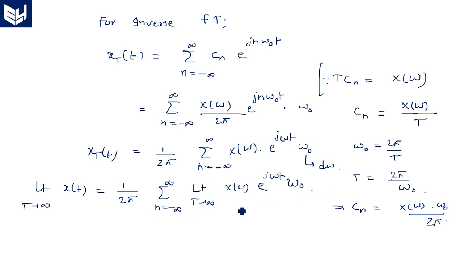So when T tends to infinity, this omega naught becomes d omega, and the summation is represented in terms of integration. x_T of t is nothing but x of t, already taken in the beginning of this video. So x of t is equal to 1 by 2 pi integral minus infinity to infinity